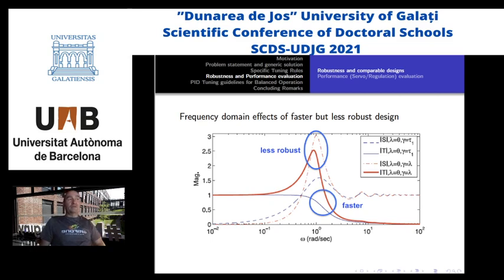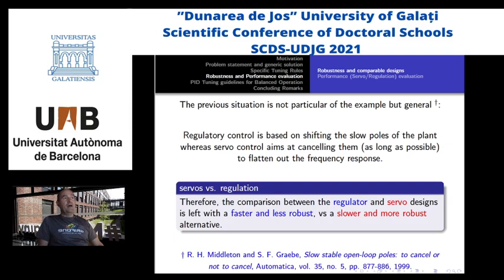So the complementary sensitivity transfer function for the red design, the continuous line in red, as you can see, has a higher bandwidth, but you have a resonance peak that is generated by the value of MS, and will generate the corresponding oscillations. So at the end, what this example shows